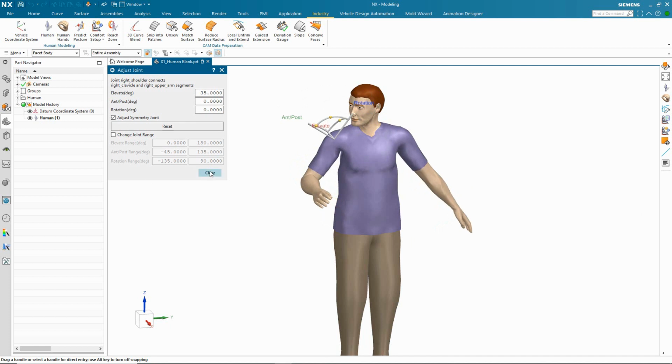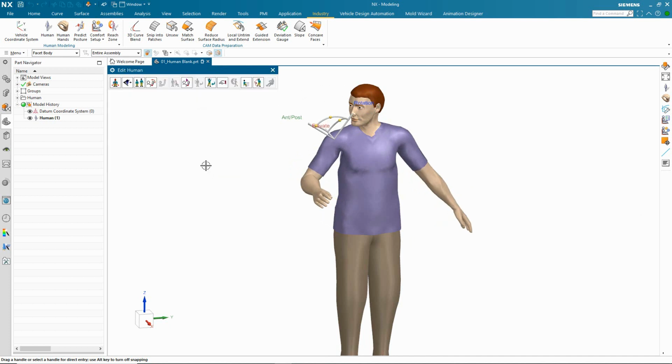If I just close this, what you're seeing here is a very manual approach. For me to put this character into a certain position, I'd probably have to manipulate quite a few different joints. So what we've got is actually a library as well. So if I just go into this,